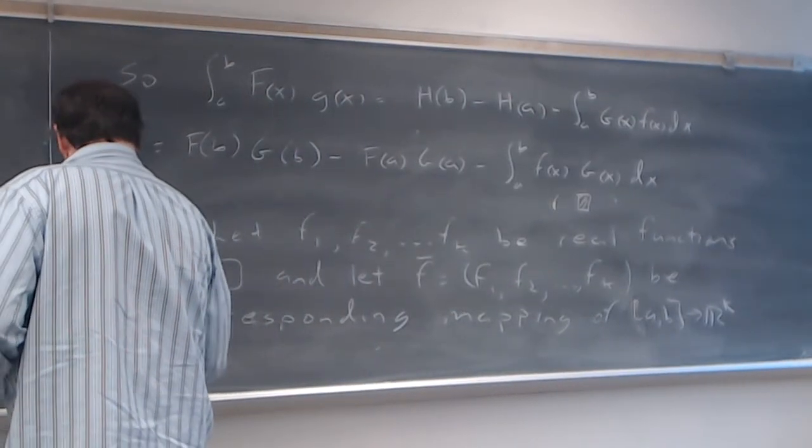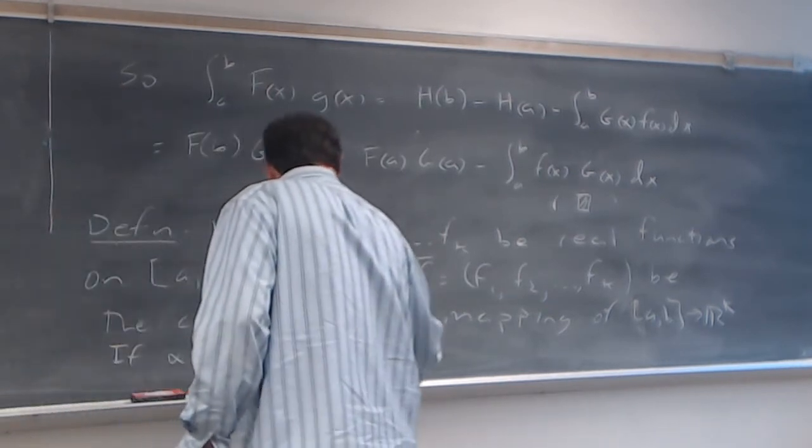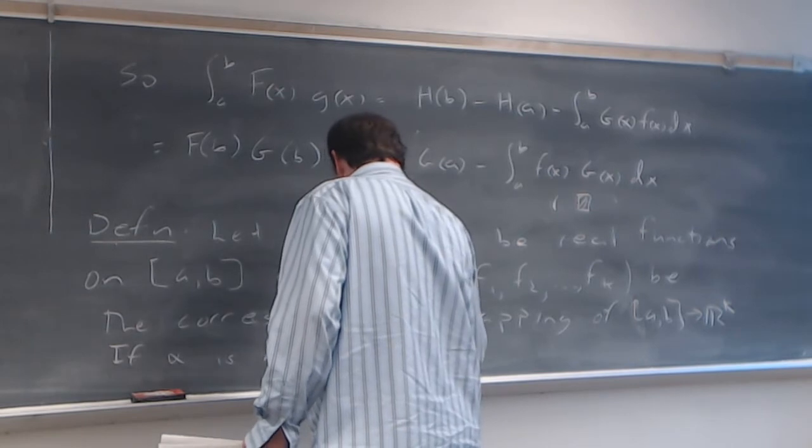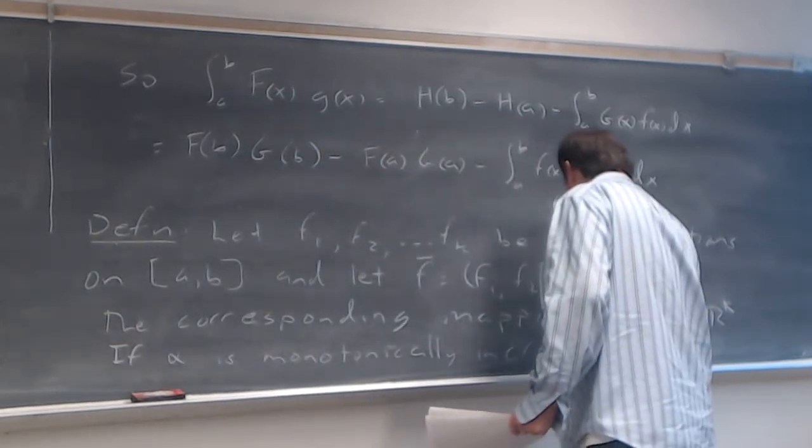So if alpha is monotonically increasing on a to b,